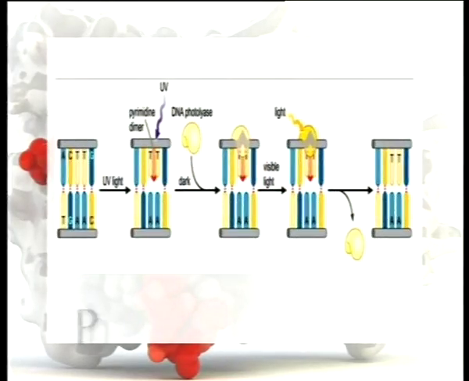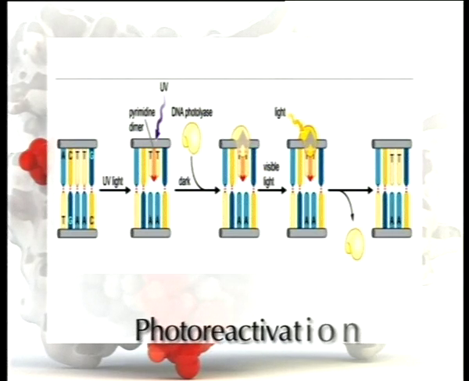Number 1, photoreactivation. In low frequencies of damage, the light-dependent pathway is mainly recruited. This pathway is known as photoreactivation, and it reverts the damaged DNA to a normal configuration through the action of enzymes called photolyases. Photolyases are known to be strictly substrate specific. Photolyases bind specifically to DNA lesions and remove them directly by absorbing blue light in the range 300 to 600 nanometer. This reduces the dimer to monomer pyrimidines and the enzyme is released.